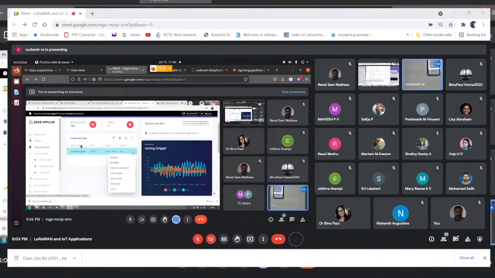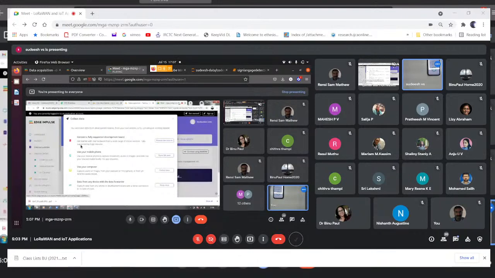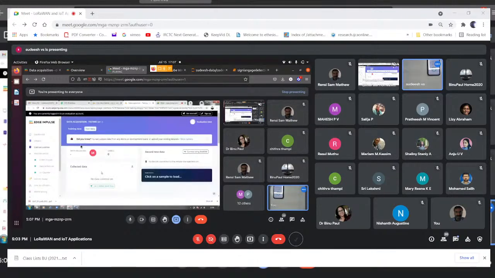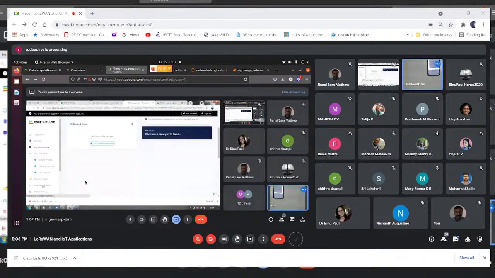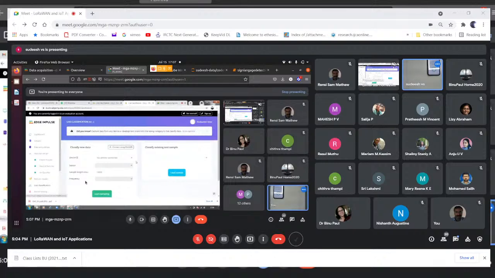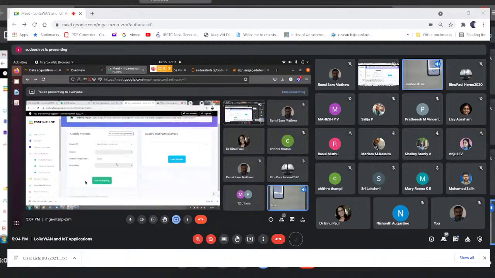So just click that to download your model into your mobile. Everyone do this.